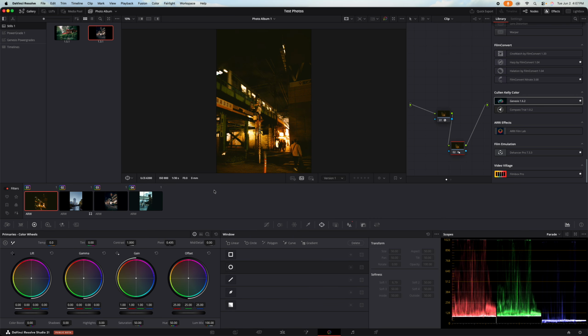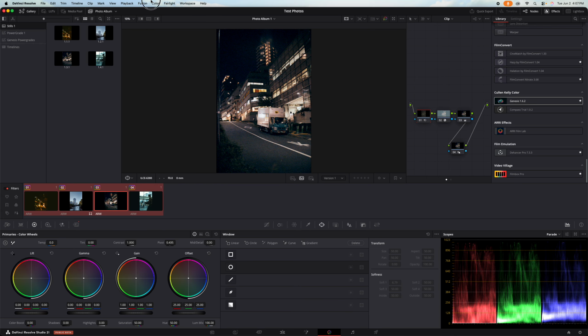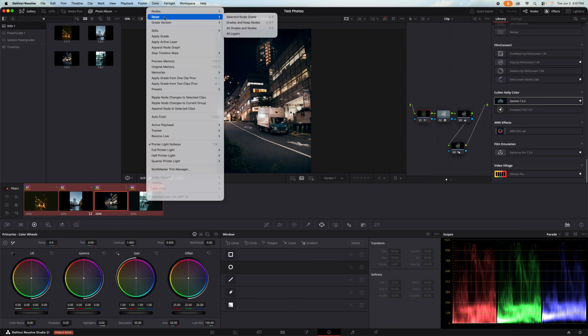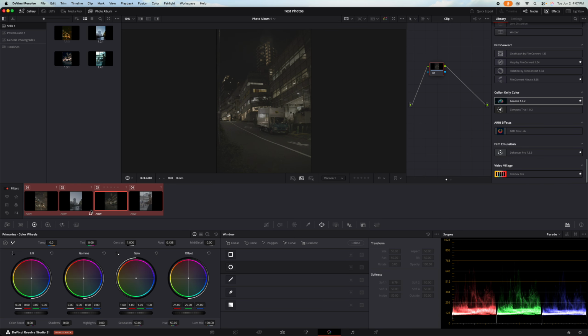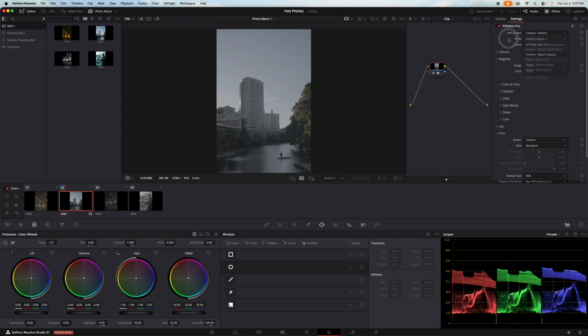Once again, this is using contact print, motion picture stock emulation for stills, which is an interesting conundrum, or an interesting oxymoron, I guess, is a good way of saying it. If we want to do actual stills emulation, there's always Filmbox Pro, which has some stills in it. Dehancer has some stills in it too, so we can go and do,